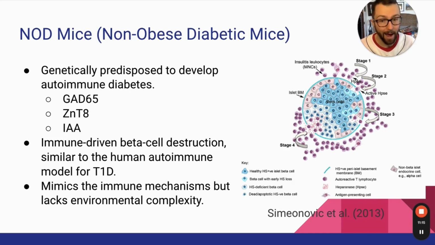And I added that it lacks environmental complexity because that's basically what this whole episode is dedicated to, understanding the context behind the inflammation and what systems go into buffering and managing that inflammation before it actually gets down to the beta cells. I've got a little write-up here